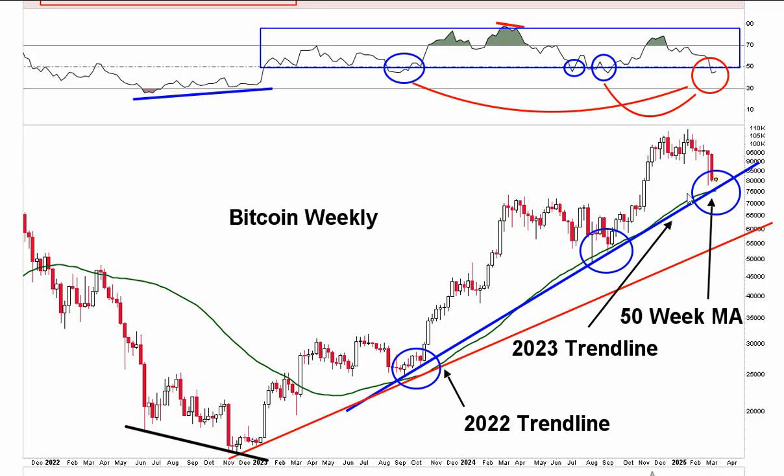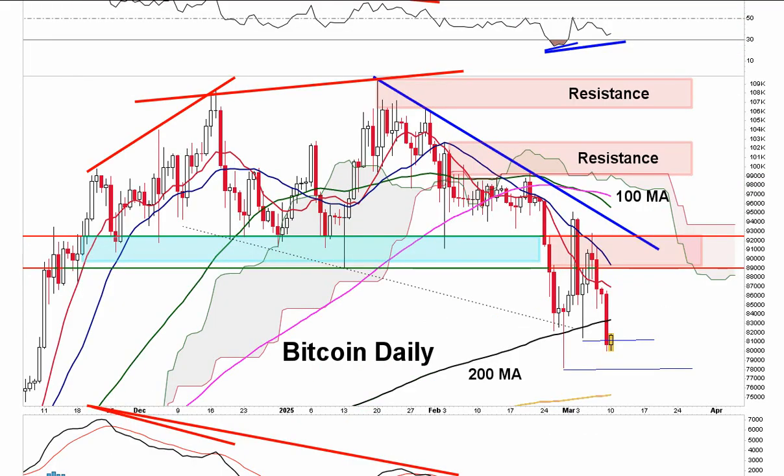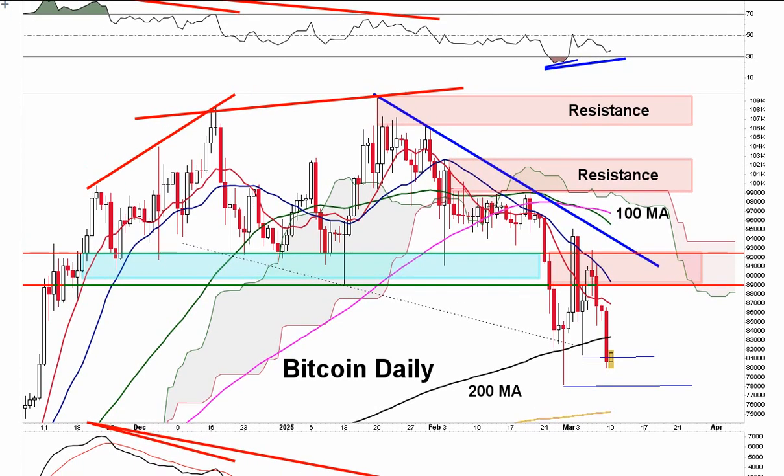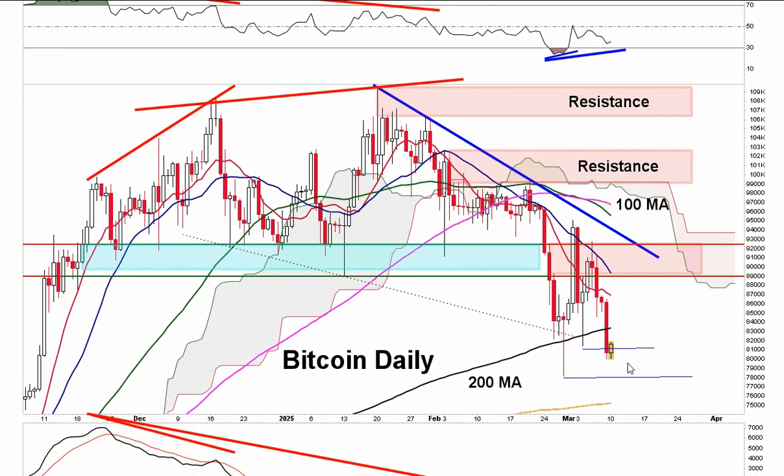And again, the thing is, we could still reach these levels, so we don't have to. And again, like I said, the trend line may already be reached if we exclude the shadows. Important trend line, the 50-week moving average, important, the RSI here, watching all of this. As I'm making the video, Bitcoin's now in the second hour of trading for the Monday session. It's up about 1.25% at the moment. It still can go lower.